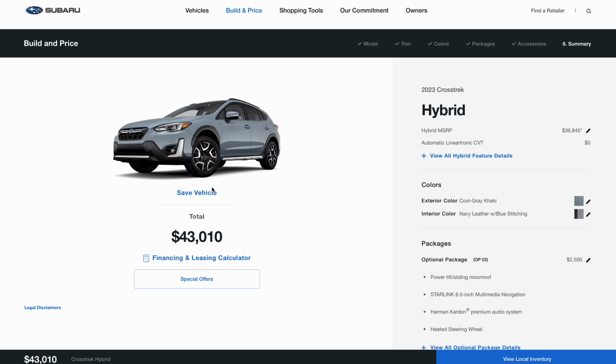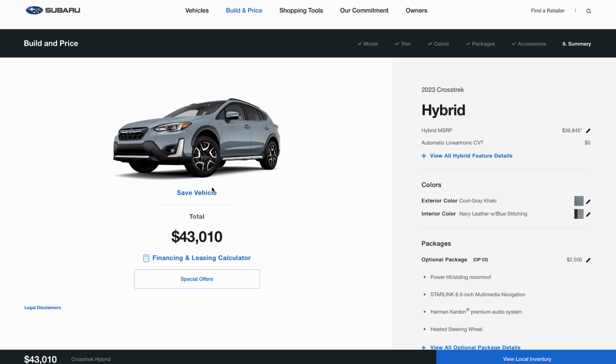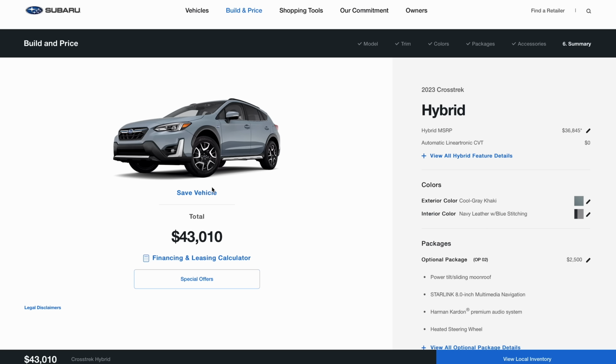Now, during that time period, we're going to calculate off of a $4 per gallon cost of gasoline in our calculations. And there are a lot of variables here that we cannot cover, so we're going to make this as rudimentary as possible. We're going to go off of highway MPGs here. We're also going to state that you're driving every single day, 365, so that equates out to 39.07 miles per day. So looking at that number, looking at $4 a gallon gas and their highway MPG ratings,